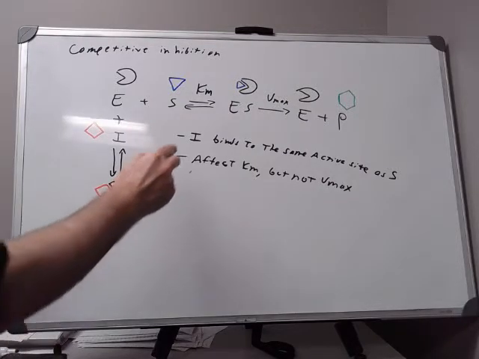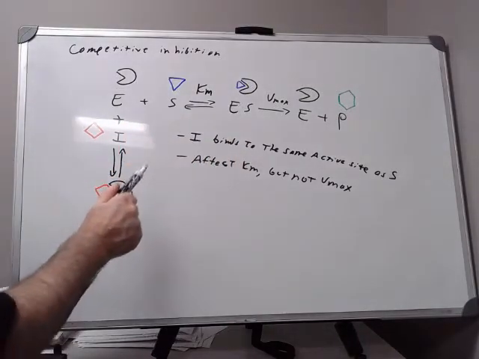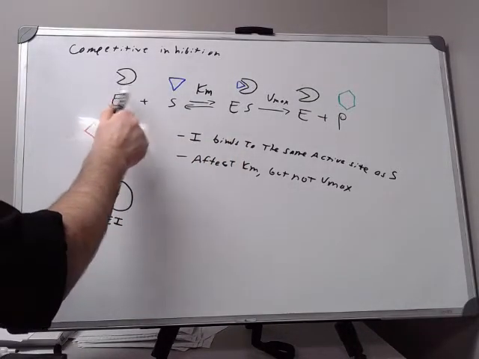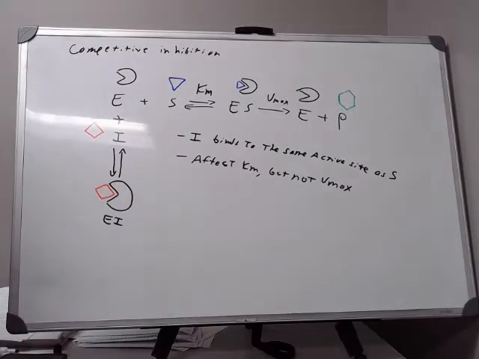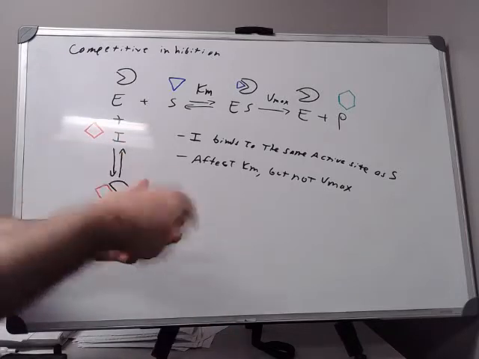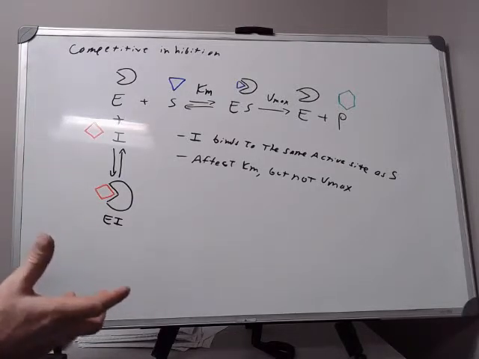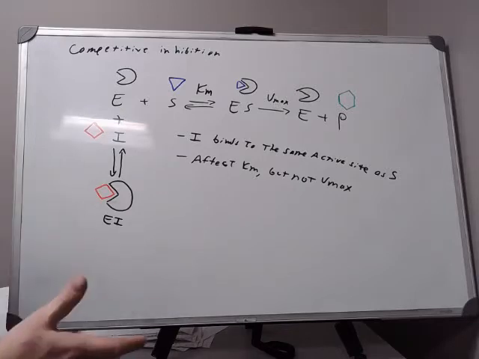And so we can see that it only affects this first step, the binding step, by reducing the amount of enzyme available for binding. And so if we were to use our orange peeling metaphor again, where you're reaching in the box and you're taking the oranges and you're removing the peels from the oranges, a competitive inhibitor would be if we took a bunch of plastic orange balls, the same color and the same size as the oranges,